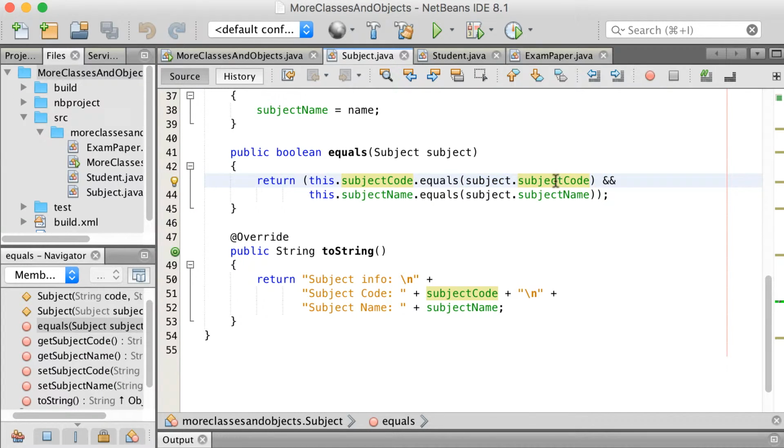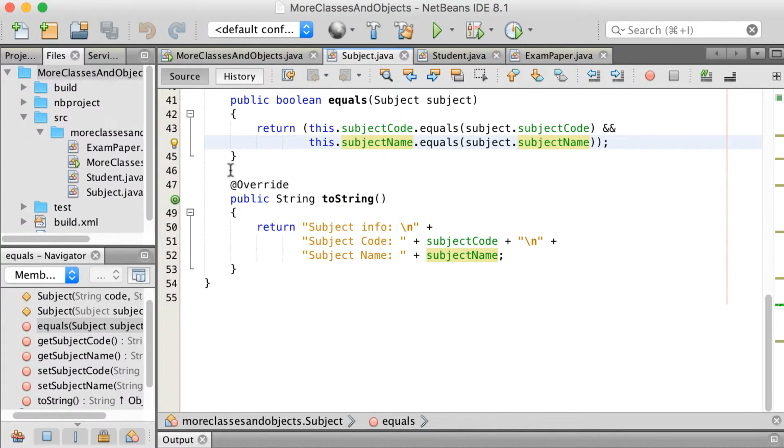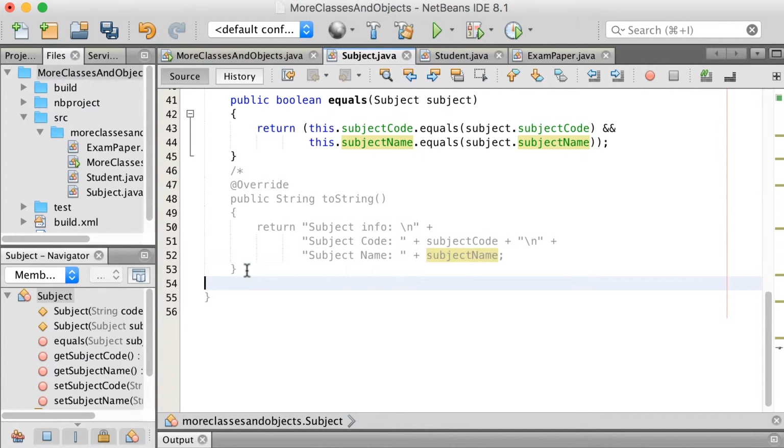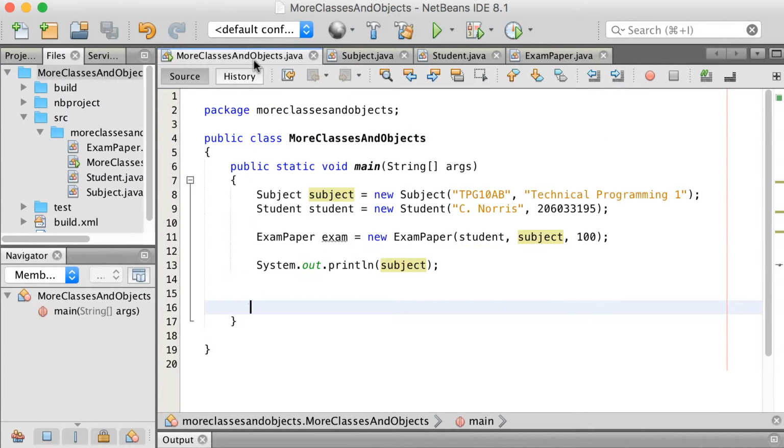And then if the subject code and the name of both of them are the same, then we know that the equals method will return true and the two objects are the same. One last thing that every class needs is a toString method. So I'm just going to quickly remove this toString method here by commenting it out, using a multi-line comment, and I'm going to save it quickly